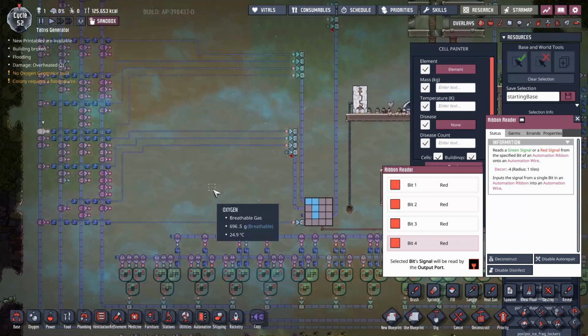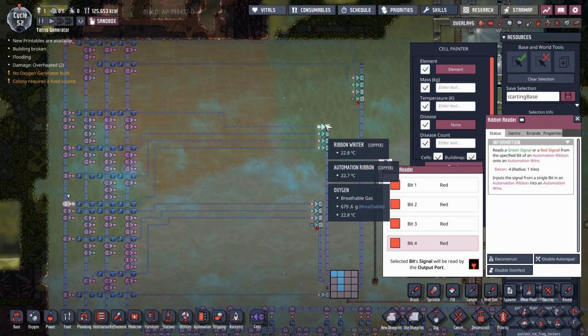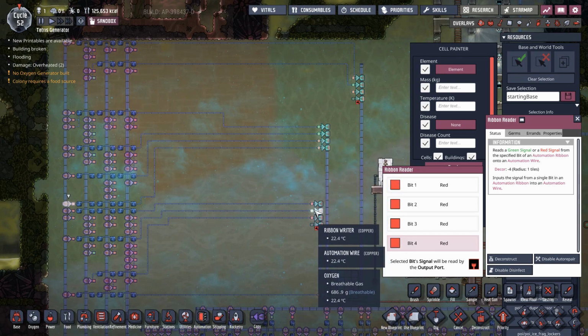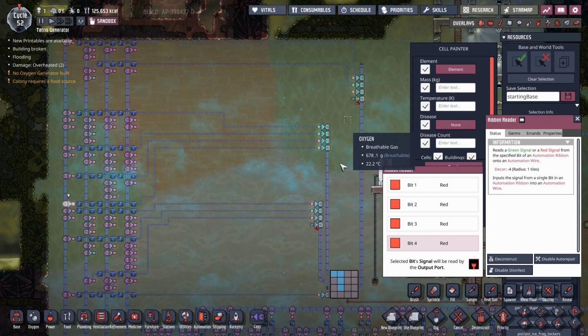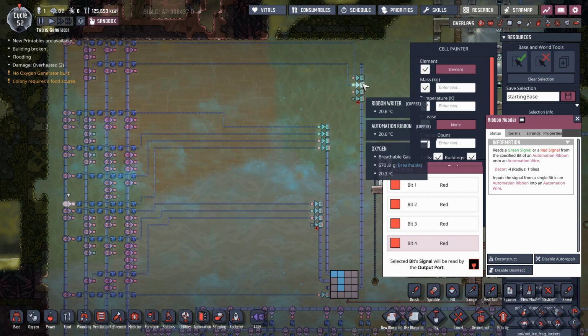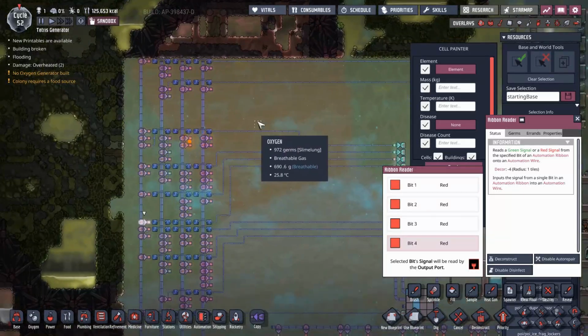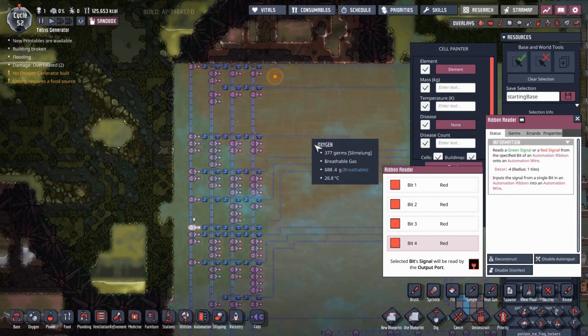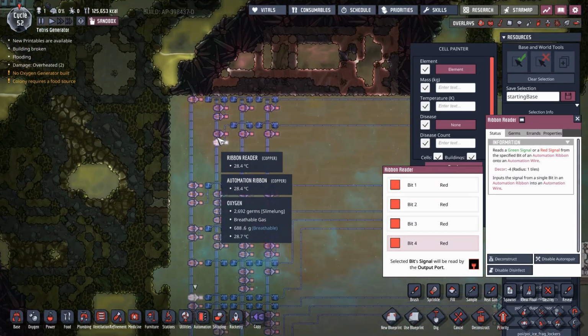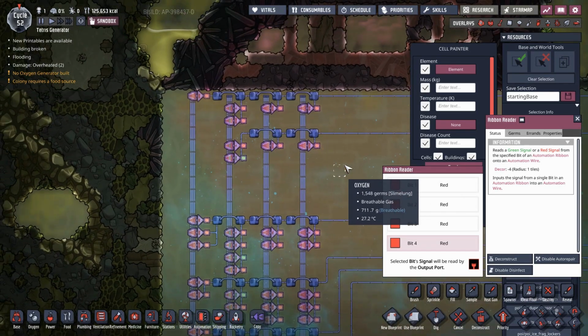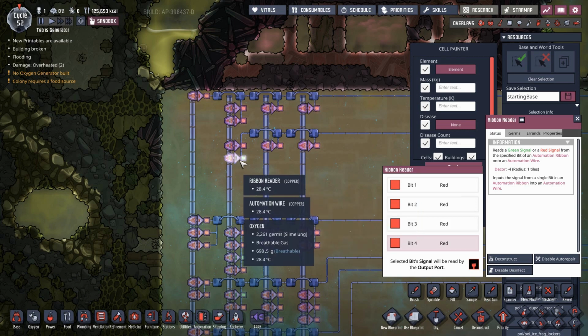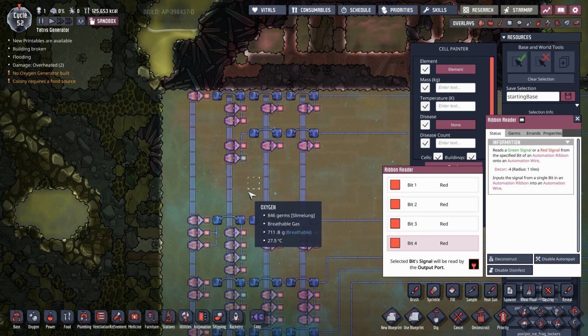Okay, so we can look and see, yep, the first 2 in the first row, the second one in the second row, the second one in the third row, and nothing in the fourth row, right? So then the way the logic works over here is that these are just wire ORed together. So you don't really need an OR gate once you get off of a ribbon reader. The ribbon reader here,